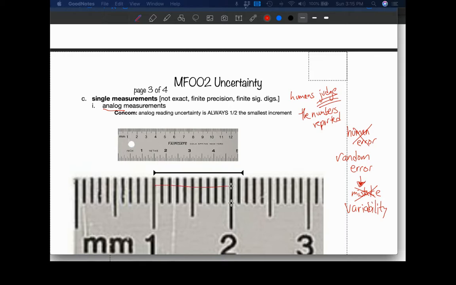So in this case here, if we're measuring this line, we have 1 centimeter, and it's more than 1, so we have 1.1. And what humans are very good at is identifying the midpoint between two things, in this case, 1.1 and 1.2. Now, I might judge that to be just a hair over the halfway mark, which would be 1.15. A hair over that might be 1.16 centimeters. So you'll note in this case that the uncertainty is in the 6.